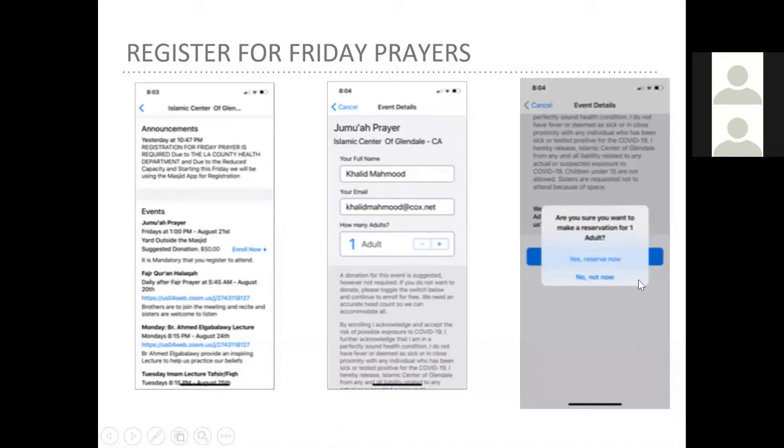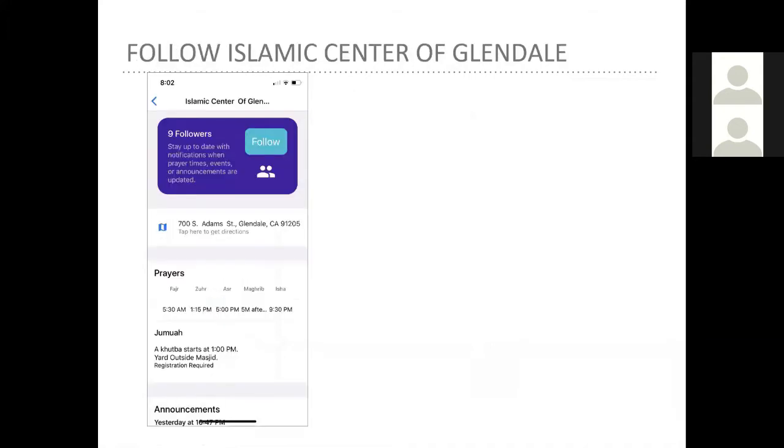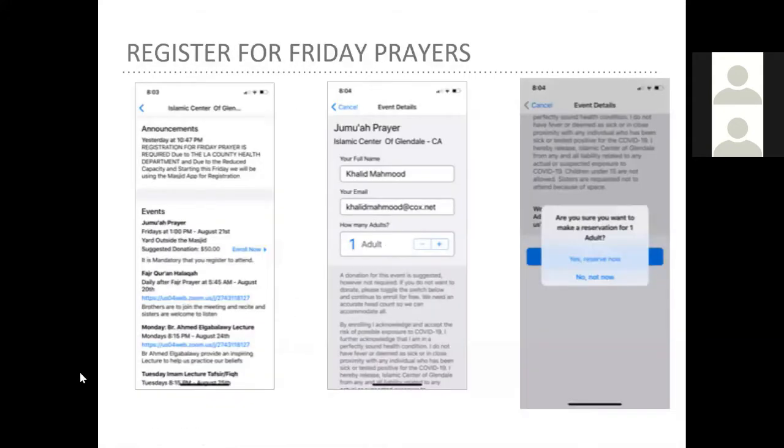Now, one good thing about this is, your first Friday, the first time you're registering, you're asked to put your name and email, right? But the following Friday, when you come back, you'll basically go here to your event section. You'll just go to the Jummah and click enroll now. This automatically fills up with your information. You don't have to refill again.